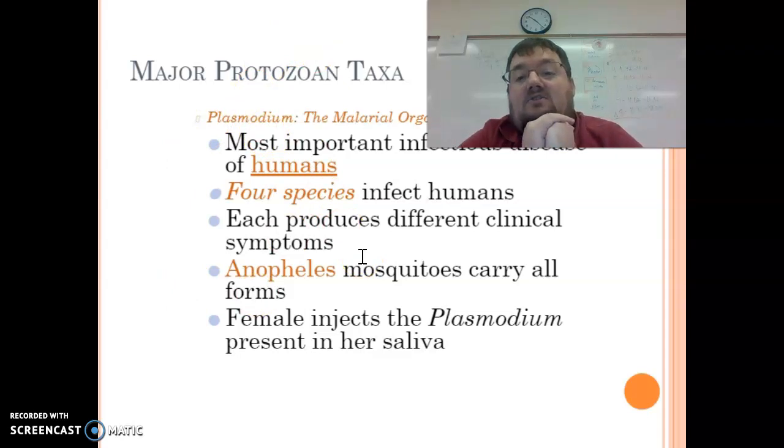Now, the thing is, and the good news is, at least for us living in North America, is that Plasmodium really only survives well in humid tropical environments, which is why malaria is very common in areas in South America and jungles more so than it is up here. And that's why malaria is an issue there and with those mosquitoes, but not so much the mosquitoes that we deal with up here in North America. So, in case you guys have ever wondered about that, that's the reason.